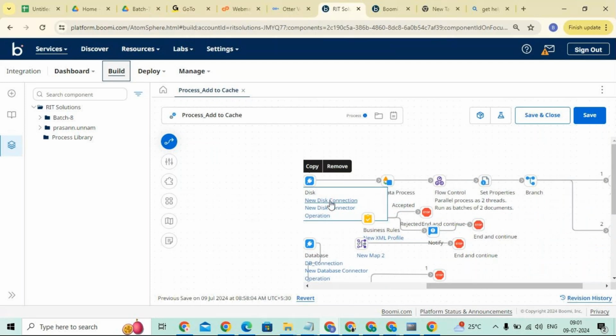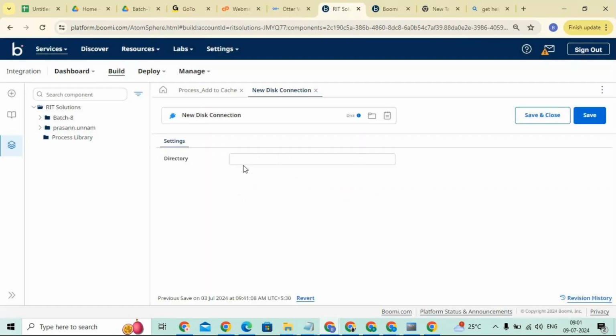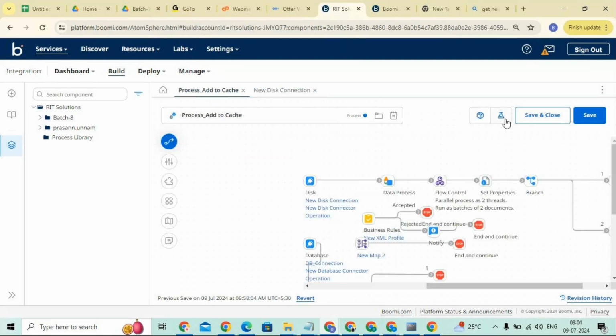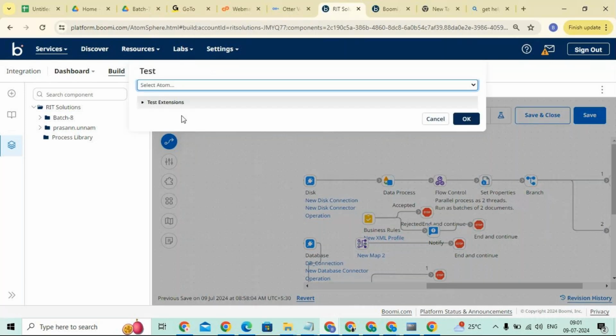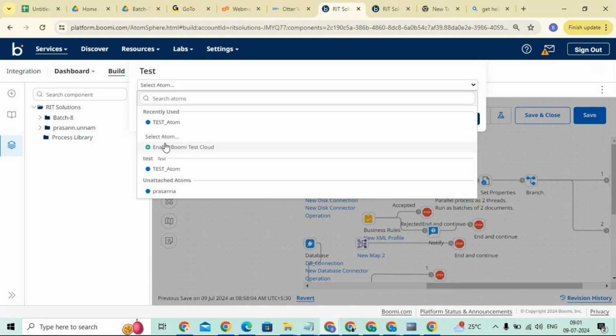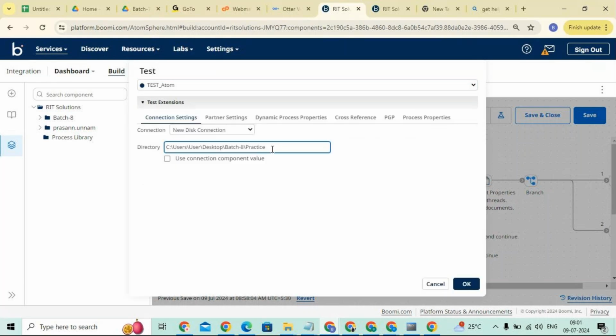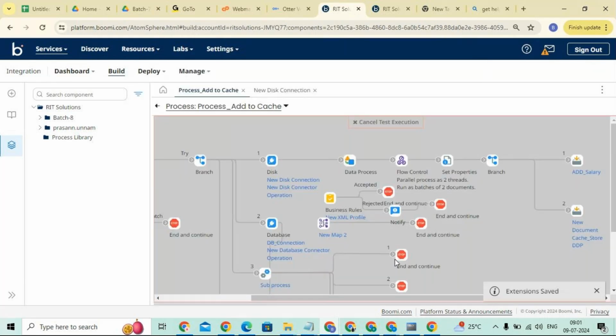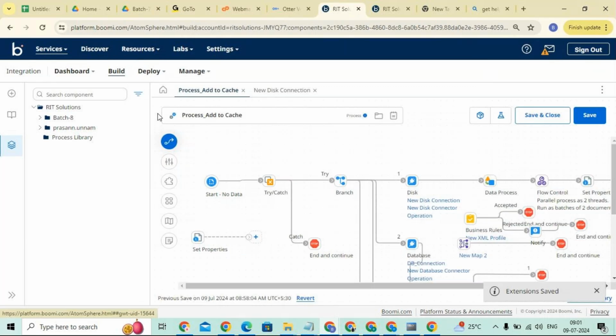So if I come to the disk shape, have we given any directory? No. Okay, where have we given this directory? In the test text. Yes or no? Okay, and here